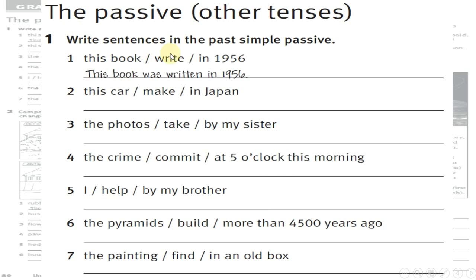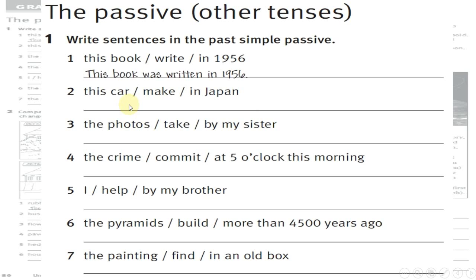Let's write sentences in the past simple. راح نستخدم ماضي بسيط ونكون عليهم جمل passive زي ما احنا شايفين، يعني نفس الجملة بس نكون عليها passive بالماضي. This car make in Japan. هلا زي ما تعودنا دائما we may pause the video. نوقف الفيديو نكتب اجاباتنا بعدين نرجع نشيك مع الاستاذ ماهر.